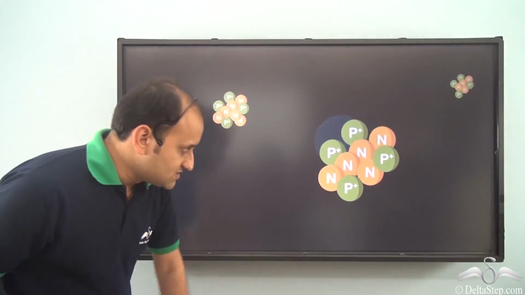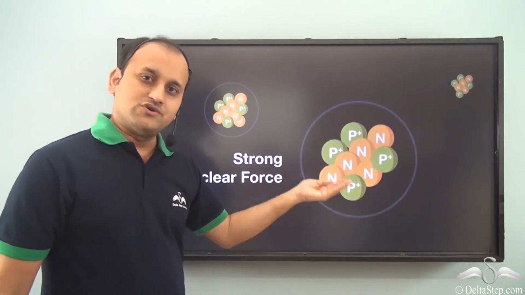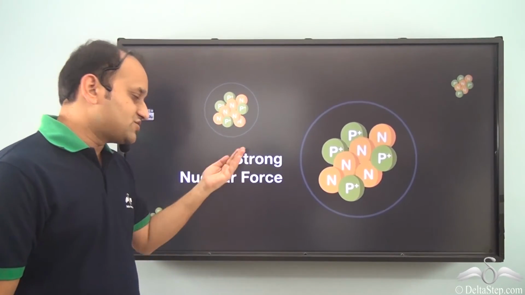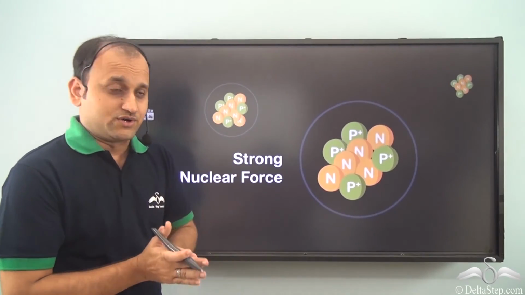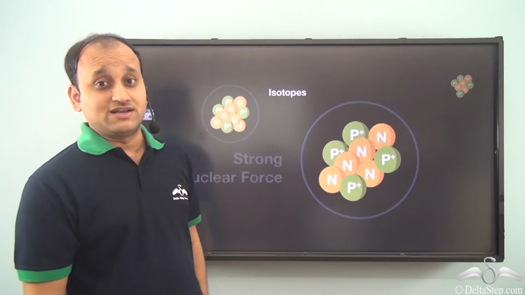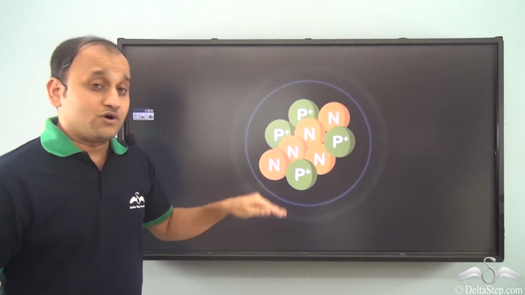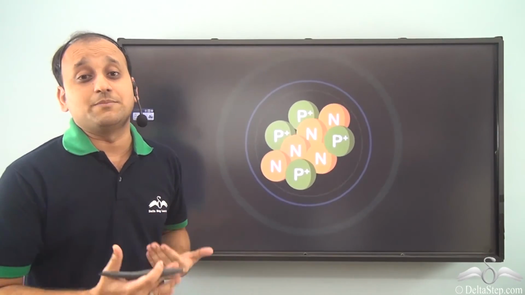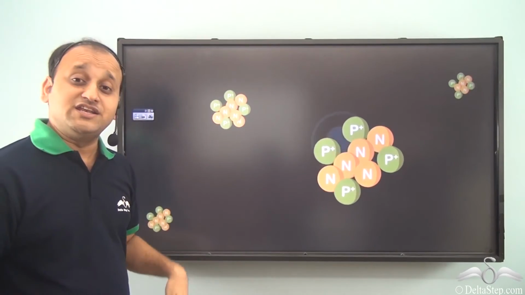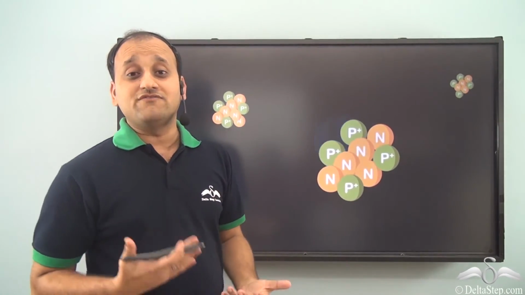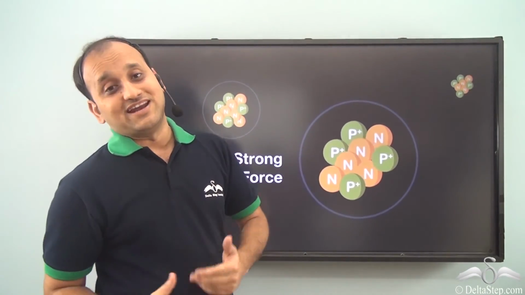So let's understand once again the conditions inside a nucleus. Here we have neutrons and protons which are bound together by strong nuclear force, and this is the condition in the case of a stable nucleus. But in the case of an unstable nucleus, or in the case of radioisotopes, the combination of protons and neutrons is not a stable one, and so we have an unstable nucleus which results in nuclear radiation, and that's why we have certain radioactive elements, because they emit nuclear radiation.